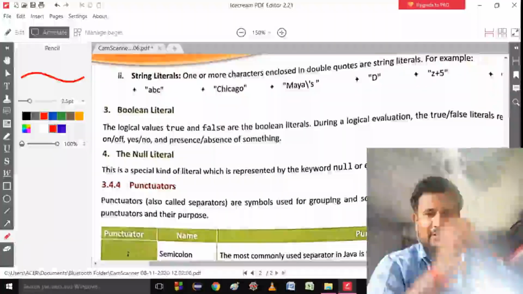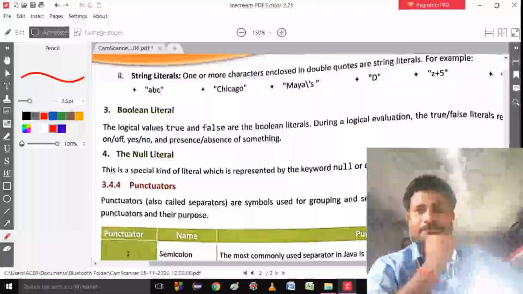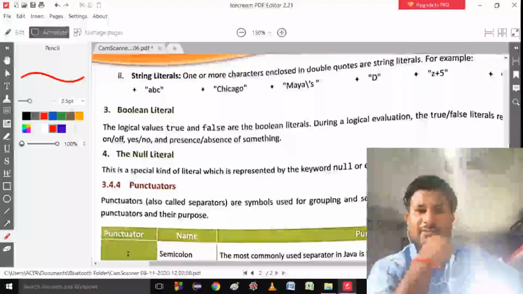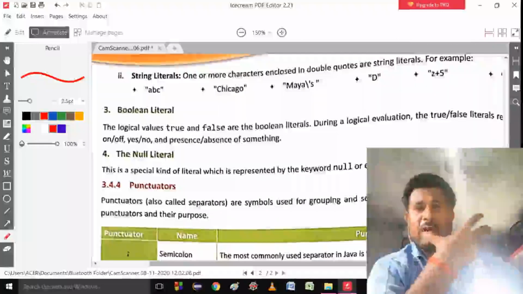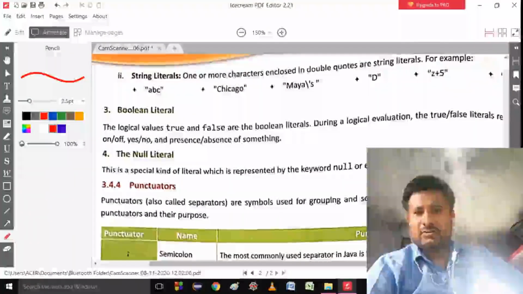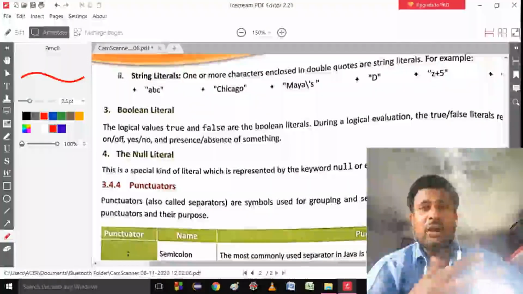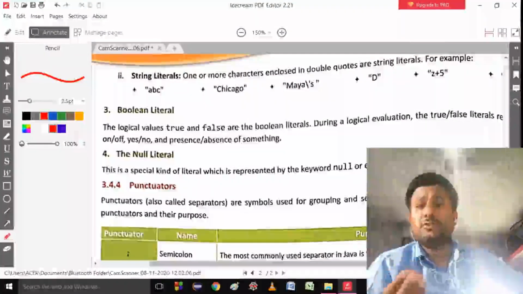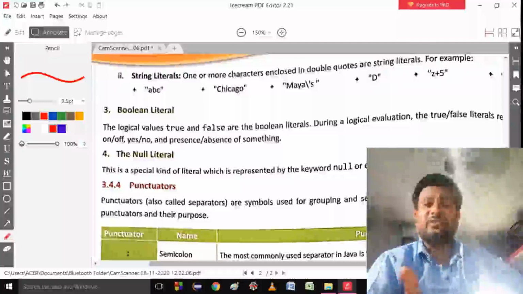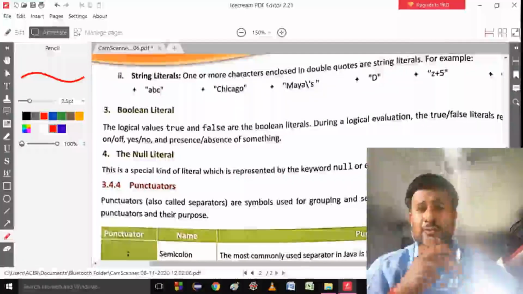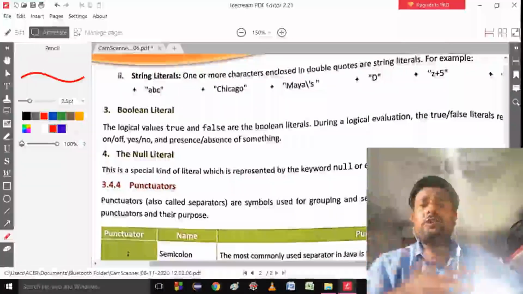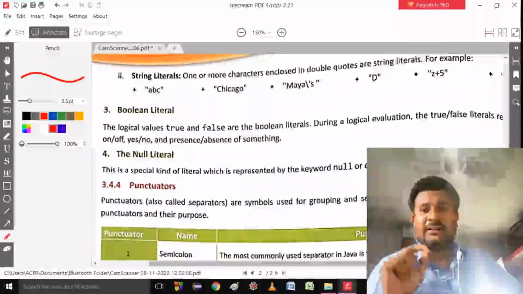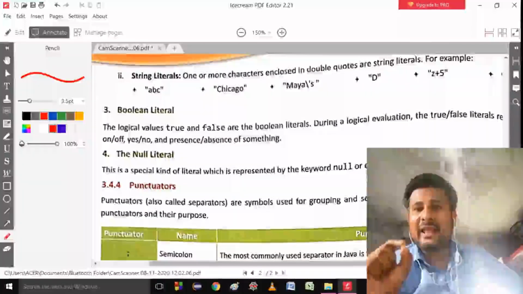Next, come to the null literals. What are null literals? Suppose I say I do not have any money. Someone says, sir, you have 0 value. But 0 is also a value, 0 is also a number. How can you say that you have 0 value? You don't have anything. In Java there is one keyword called null.